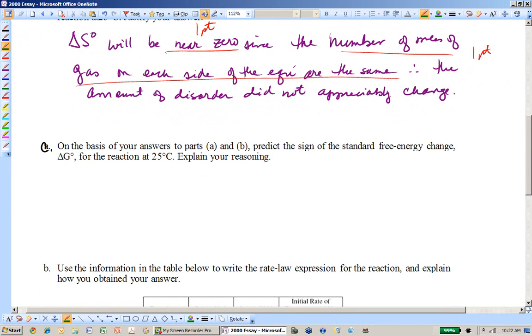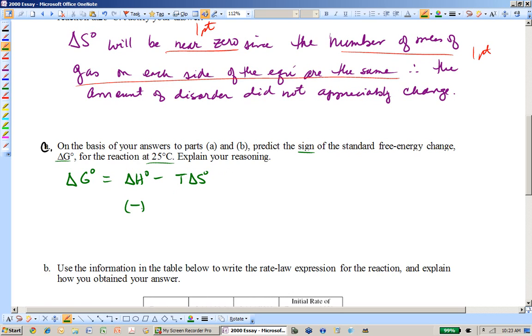All right, on the basis of your answers to part A and B, predict the sign of the standard free energy change, delta G naught, for the reaction at 25 degrees Celsius, which they're just telling you it's standard, and explain your reasoning. All right, easy enough. Granddaddy moment. Delta G naught equals delta H naught minus T delta S naught, which we just said was 0. So that's going to be a negative value for the delta H. How do I know? Because I calculated a negative value up at part A,